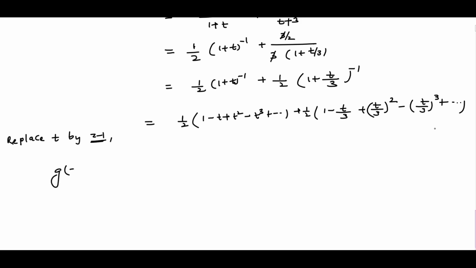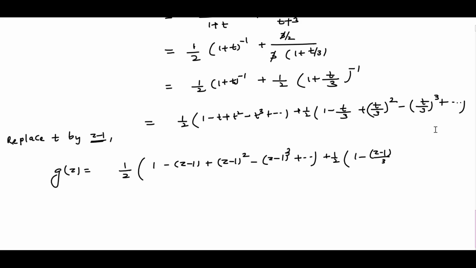So our g of z will be 1/2 (1 - (z - 1) + (z - 1)^2 - (z - 1)^3 + ...), plus 1/2 (1 - (z - 1)/3 + (z - 1)^2/9 - (z - 1)^3/27 ...). So further simplifying we will get,